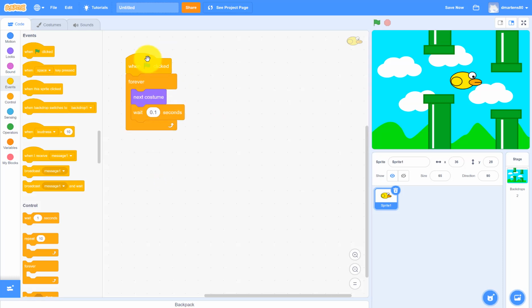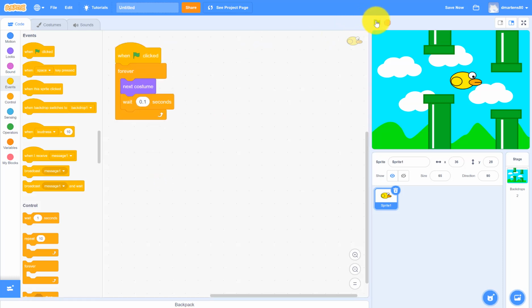All right, so here's my script. And you can see if I click on the flag, it looks like he's flying. Okay, maybe in the video on YouTube it doesn't quite look like that because depending on the frames per second, but on my screen it looks like he's flying. Okay. Another cool thing that you'll need to know for the future,